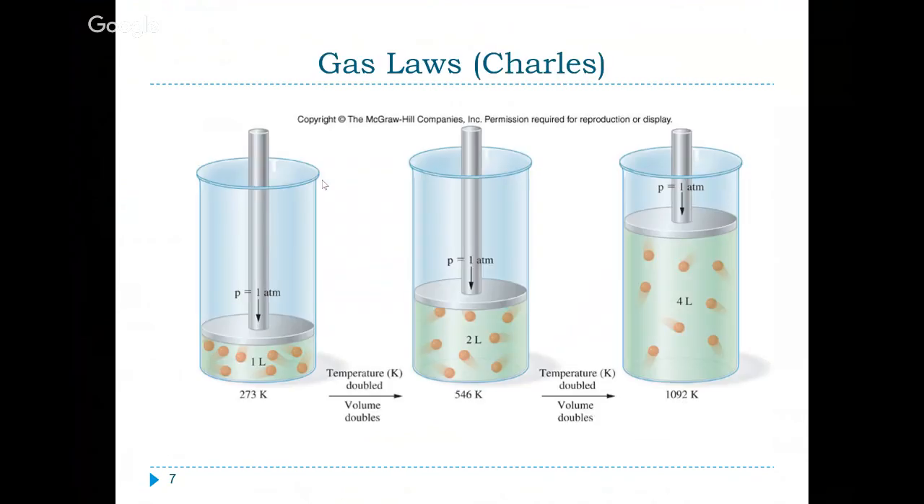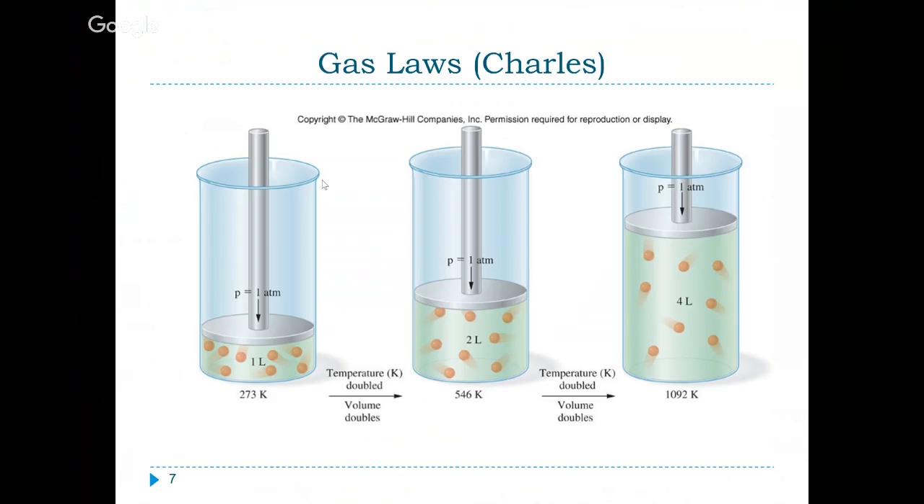So Charles studied the relationship between volume and temperature. Now we notice here that our temperature has to be measured in Kelvin. This is always true when we're studying gases. So from system 1 to system 2, we can see here that we're not changing the pressure, well, in any of these circumstances. So from 1 to 2, we look at doubling the temperature in Kelvin results in doubling the